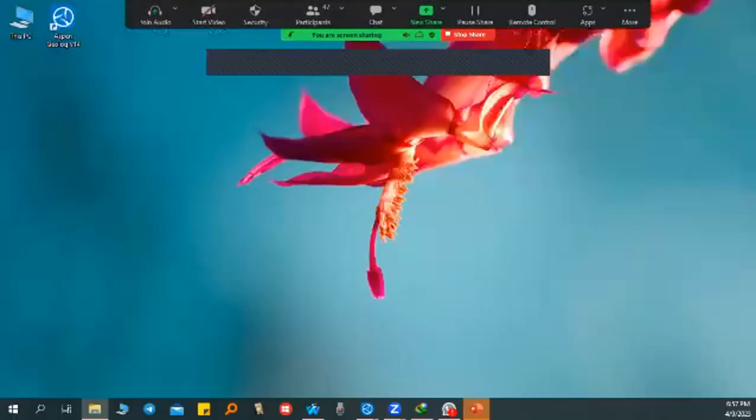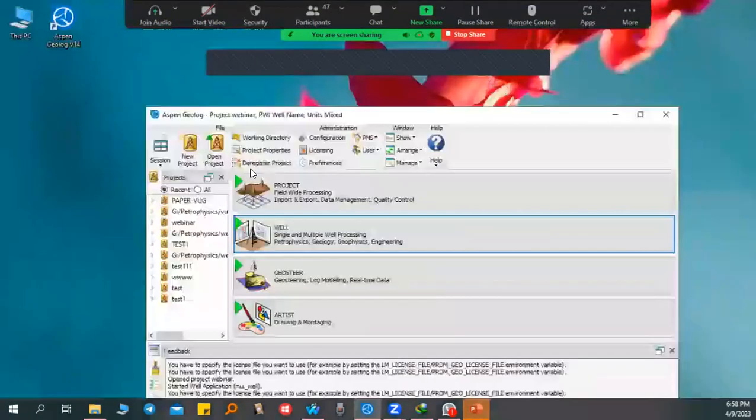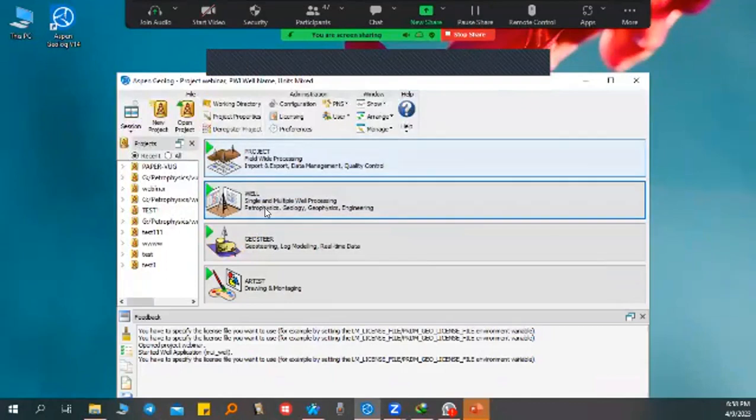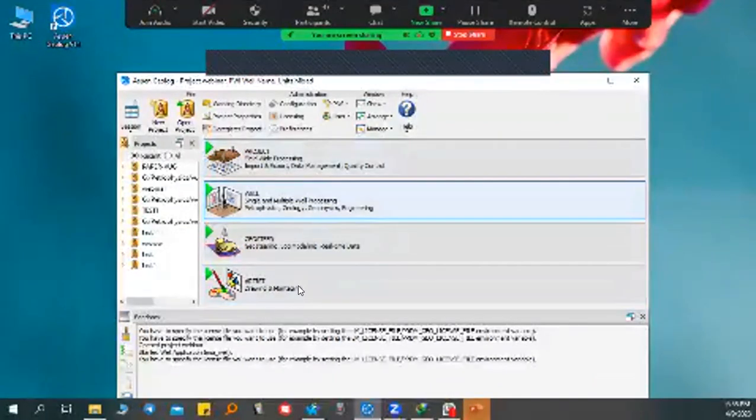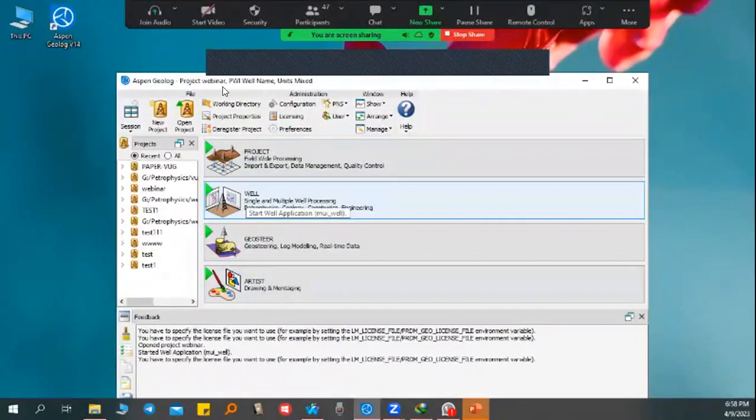And you have the shifted logs in separate sets. And at the end, I want to show you the latest version of this software, Geolog. The main page: project, well, GeoSteer, artist for drawing and montaging pictures. We defined a project with a webinar name, and I loaded the data, and now click on well.